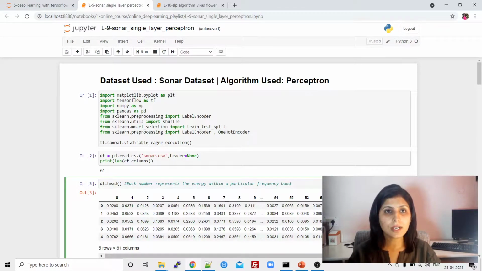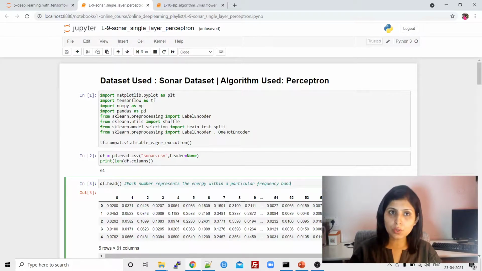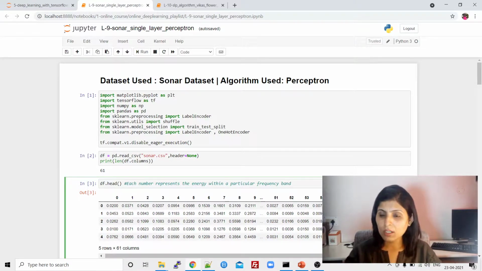In today's class, I'll show you how to use perceptron practically, and I will show you the working of perceptron on a text dataset. In my next class, I'll show you how to use perceptron on an image dataset. But in today's class, I'll show you how to use perceptron on a dataset in a CSV file. You have a dataset in the form of a CSV file, and I'll show how to use perceptron on that for binary classification. All right, so let's begin.